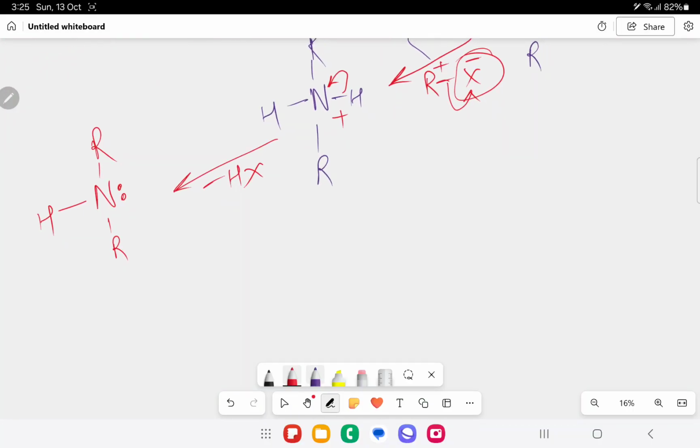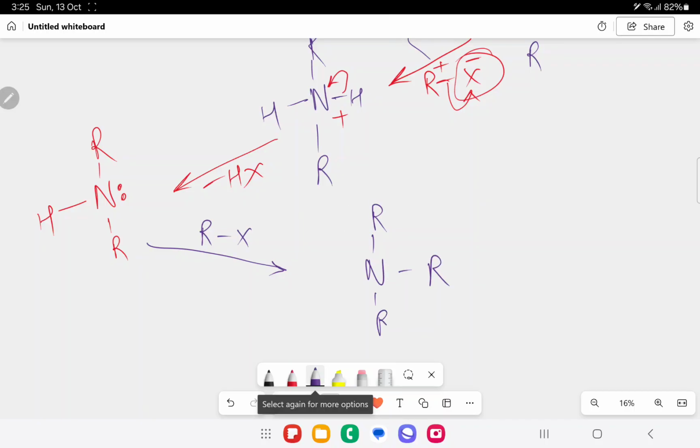N, R over here, R over here, H over here, and lone pair of electrons over here. Now again if it reacts with 1 mole of alkyl halide RX, so you will get what? Again N, one side R, the second side R, third side R, and one side H. This nitrogen again gets positive charge. Now it is taking the electron from here and it will remove HX, X is already there, so it will remove minus HX, and from here you will get N, R, R, R, over here lone pair.